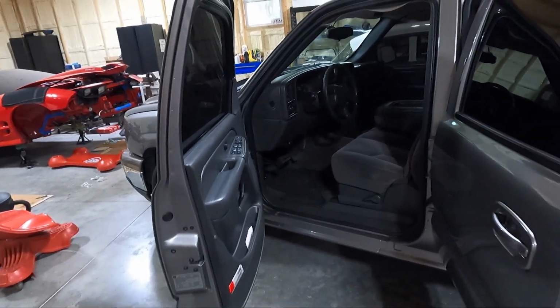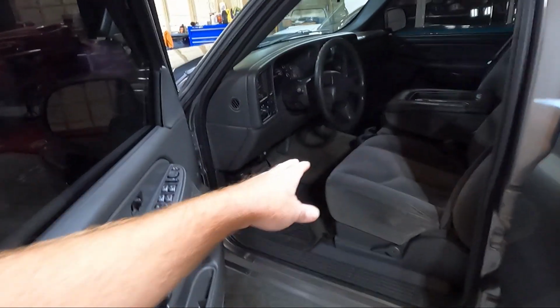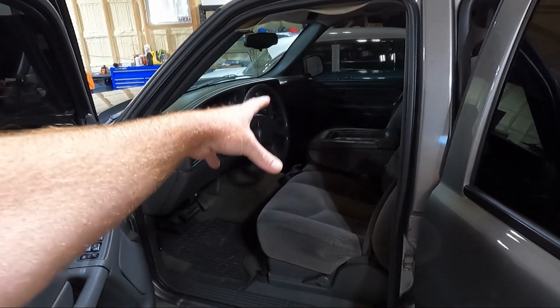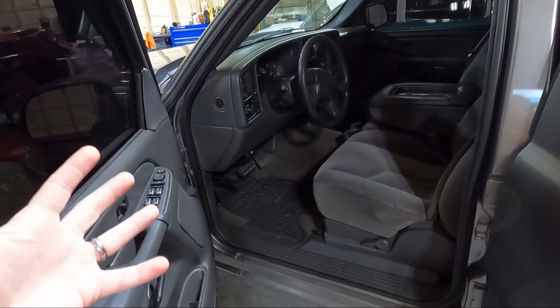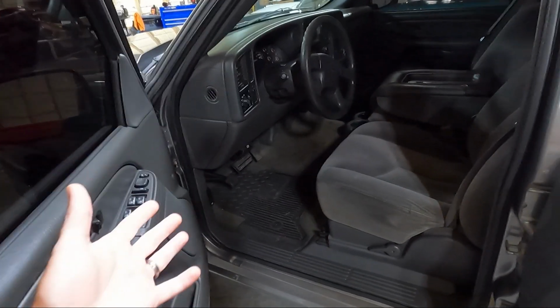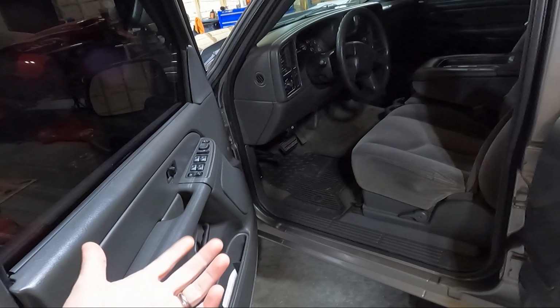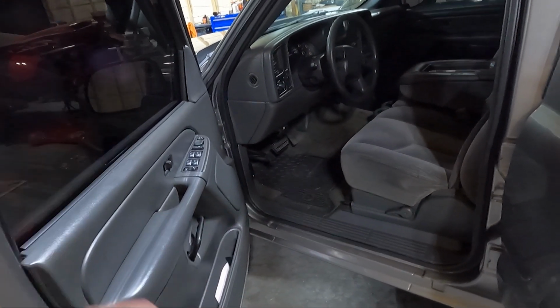And while I have been driving it daily, it makes me nuts to see the stains on that carpet. Also, somebody spilled something under that mat over there and the carpet's completely ruined. Normally I would just clean what I have, but there's really no good way to clean it. And replacement carpet, guys, is not terribly expensive. So I've decided, I ordered some samples. I got the color that's as close as they can get, and I'll share that with you when we get